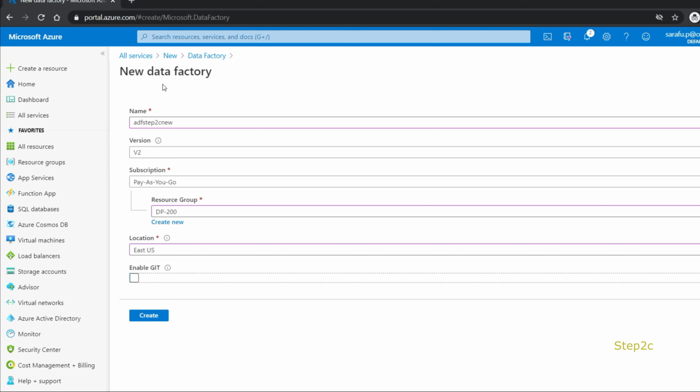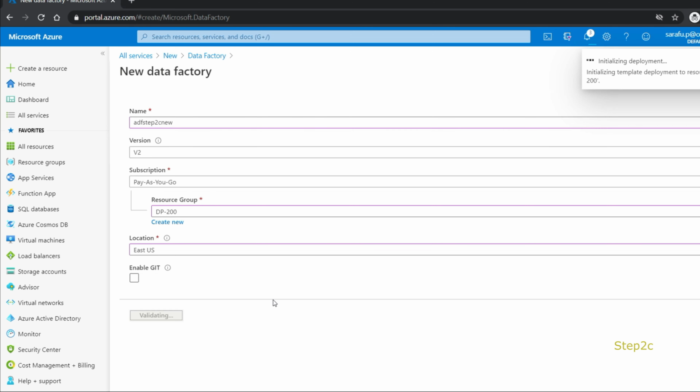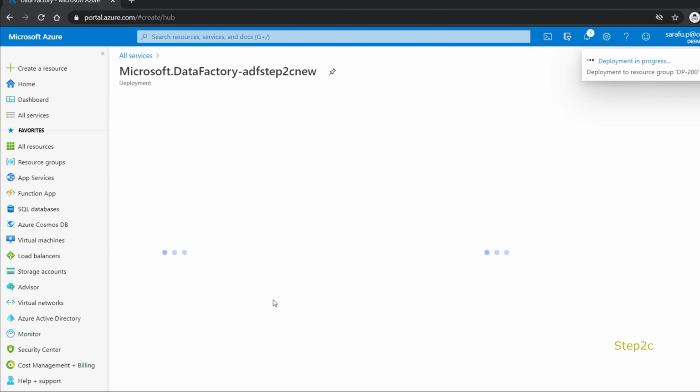You could deploy multiple Data Factory instances, and in our CI/CD module we will explain how we could use multiple Data Factory instances and how we could integrate them by using Git and DevOps. So let's create a Data Factory instance, and this will deploy a new Data Factory instance. This deployment won't take much time.